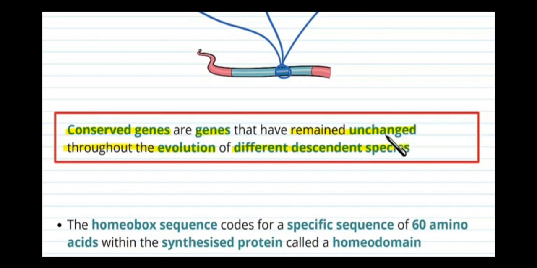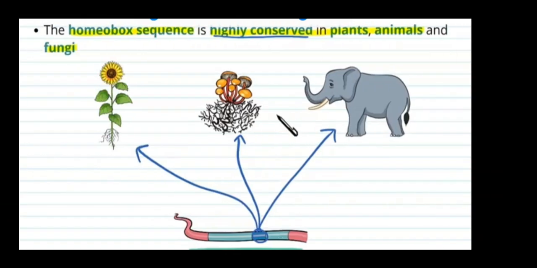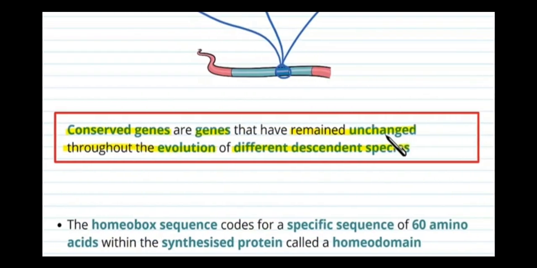Now, when I say the dark blue region which is present within a homeobox gene, this sequence is highly conserved, and highly conserved means throughout evolution this 180 base pair sequence, or the homeobox sequence,